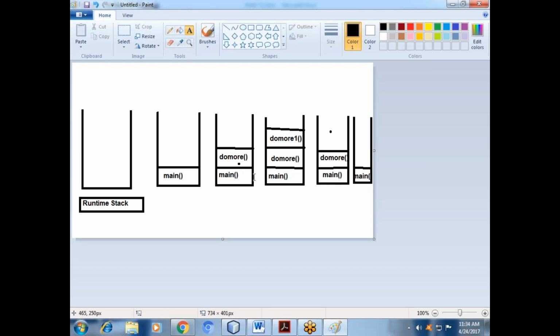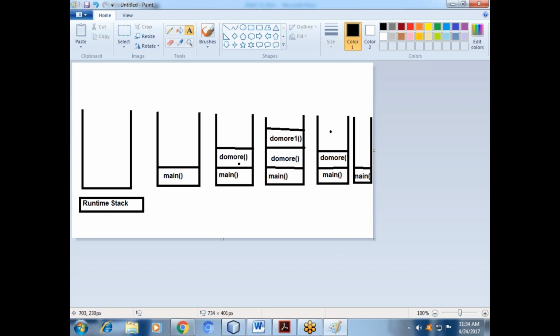This one will melt. Then finally it will work and resolve your problem. So got it? Finally, when our main method is completed, JVM will destroy this empty stack.